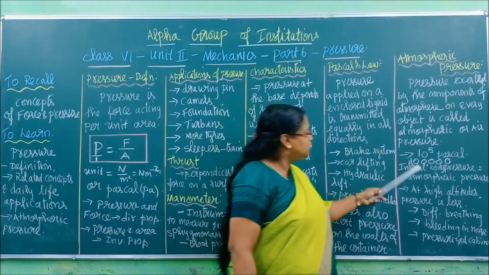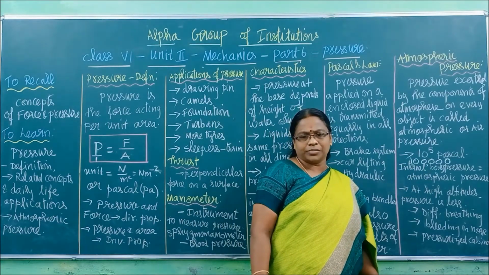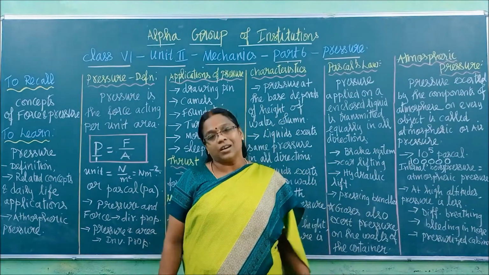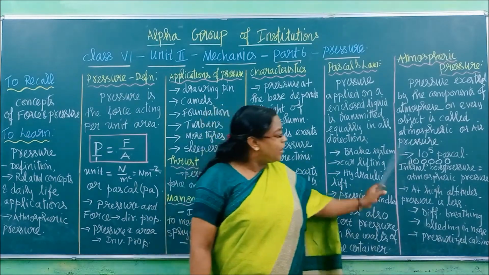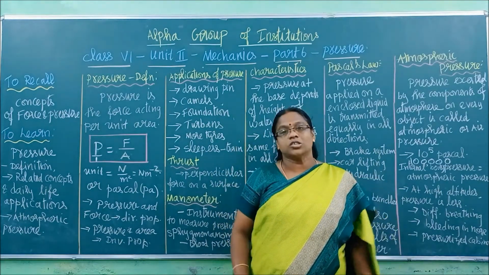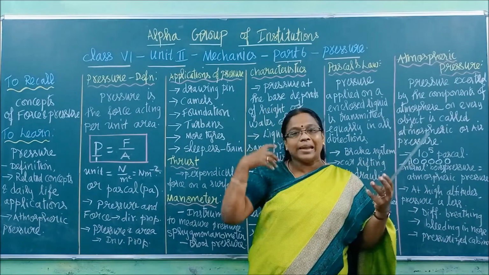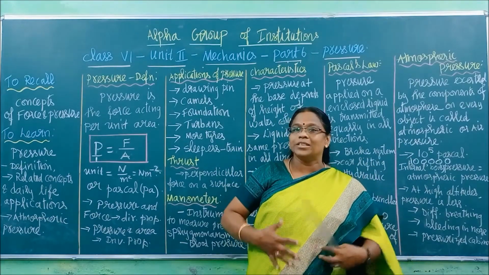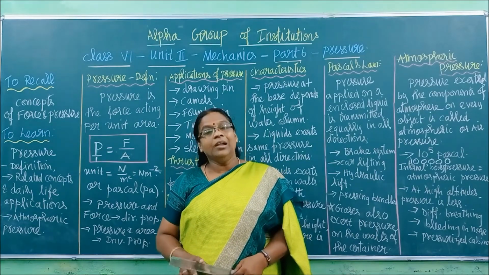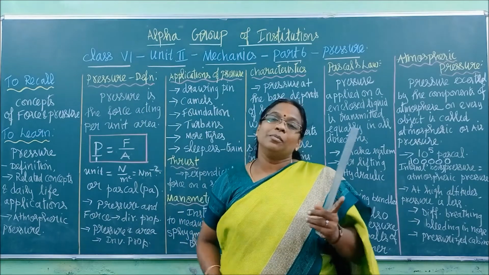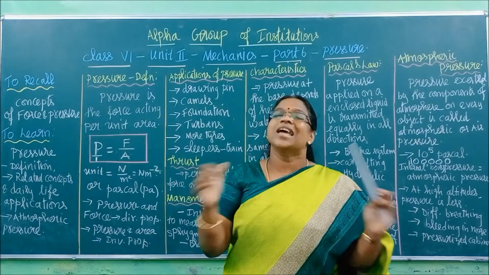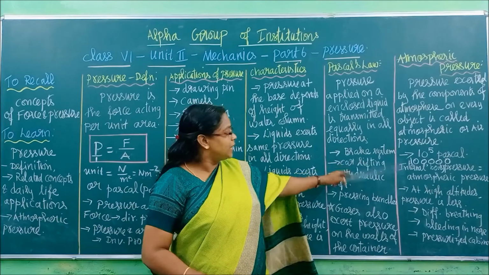So this much pressure is there, and that much pressure is exerted. Why is our body not shattered? Because our internal body structure, all those components, brain, heart, lungs and all the liquids inside our body, also exert an equal pressure. So the external pressure is balanced by the internal pressure. That's why we are not getting shattered. So this is an example for it.